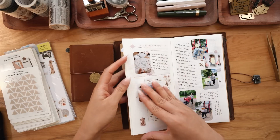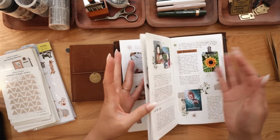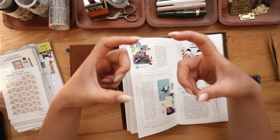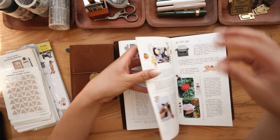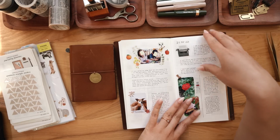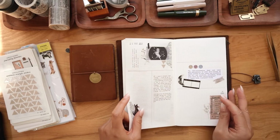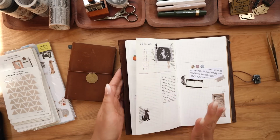And I highly recommend sticker paper over actual photo paper and Polaroid photos and stuff. Although I love using my Polaroid camera and taking pics, that actually gets really expensive too. Like a pack of the Polaroid photo paper is, I forget, the price is so high, I feel like, for only 10 photos, and it has to be very special, I think. Whereas this is just pictures on my phone, and then I put it into my Silhouette Design Studio and make them basically how I make stickers. So that is pretty much it for the journal, and I'll show you real quick what I have going on